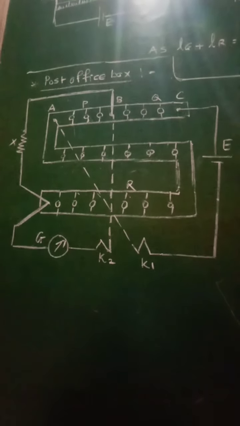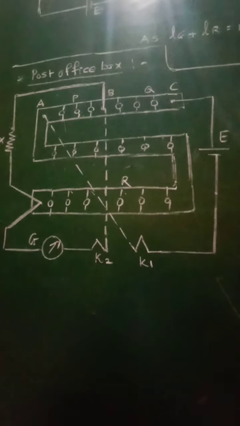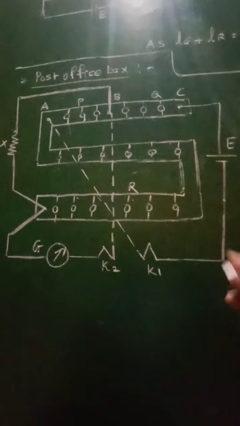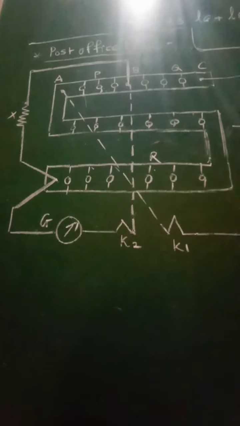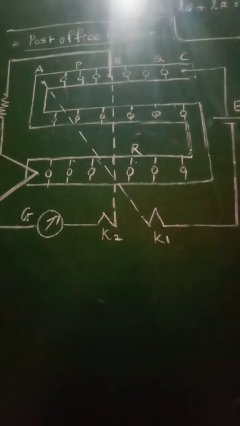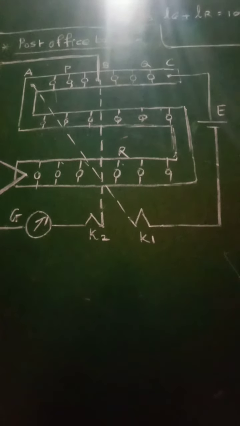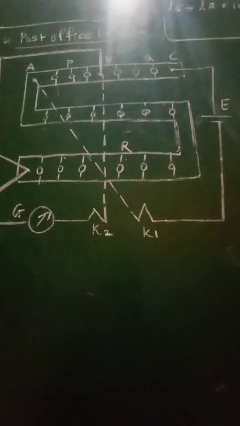This will be achieved only if we adjust the value of R. So if the value of R is so adjusted that the galvanometer shows no deflection, then we can say that the bridge is balanced, and therefore